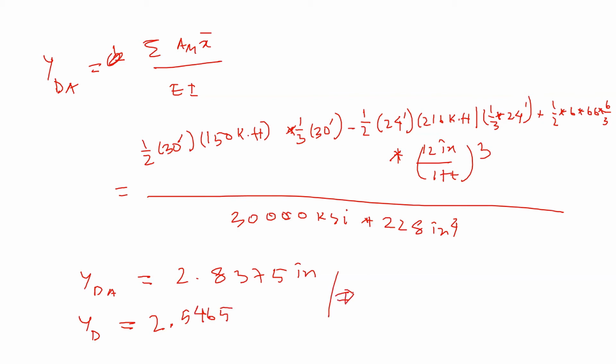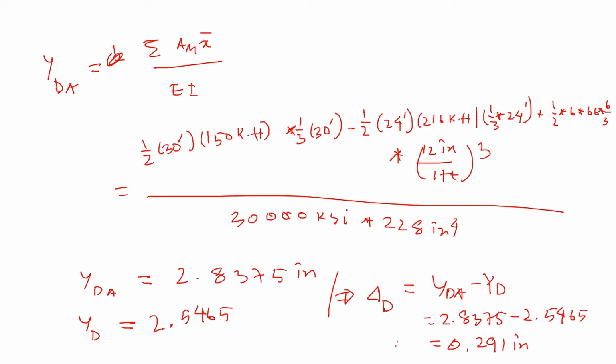Then we can calculate the deformation at the free end. Delta D would be basically YDA minus YD, so that's going to be 2.8375 minus 2.5465. If we do that, we get something like 0.291 inches. So that's delta D,